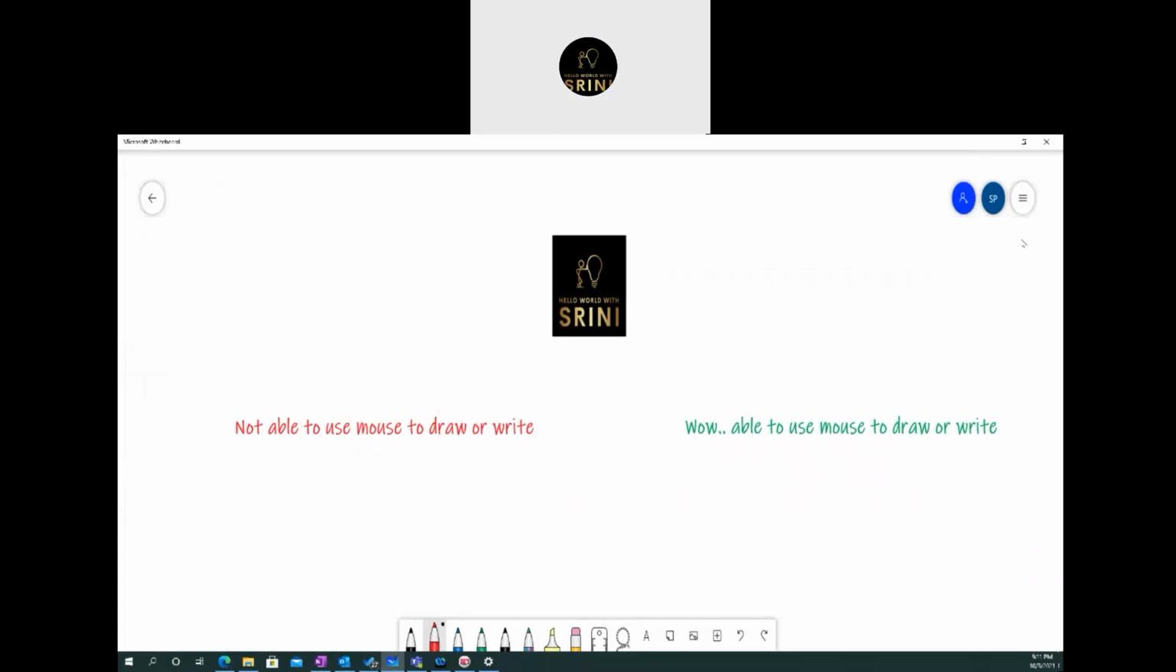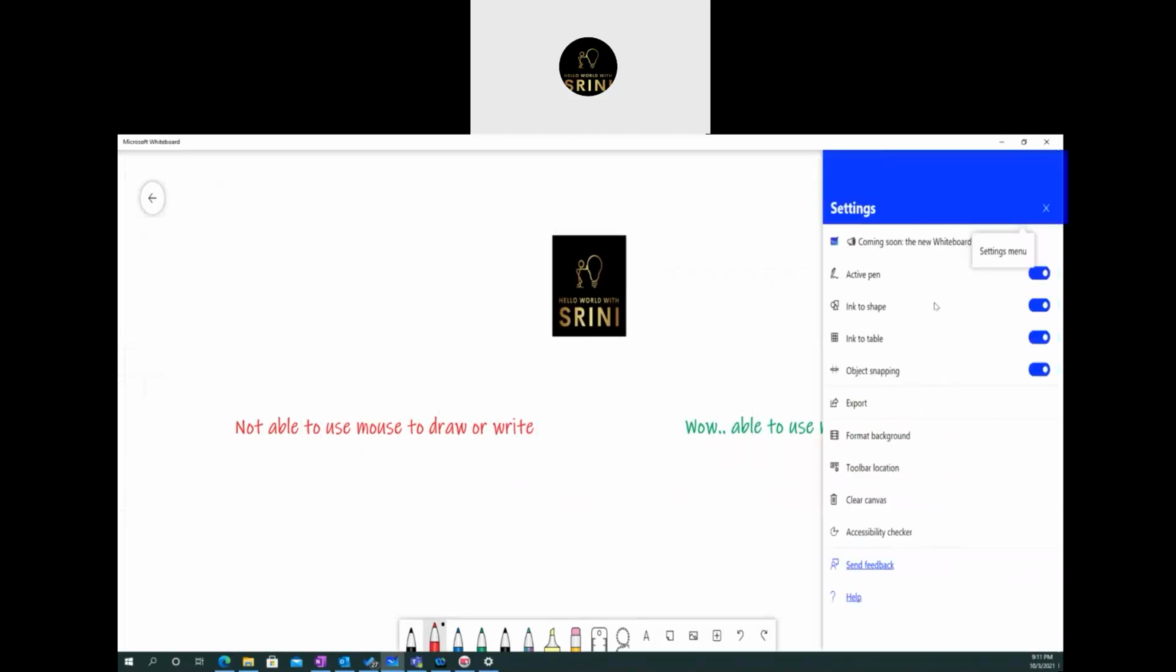If you look at the top right corner, you see a settings menu. Just click on that one. We see many options here. The one we are interested in is active pen. So this is enabled. That means this pen, which is available here, is meant to be used in